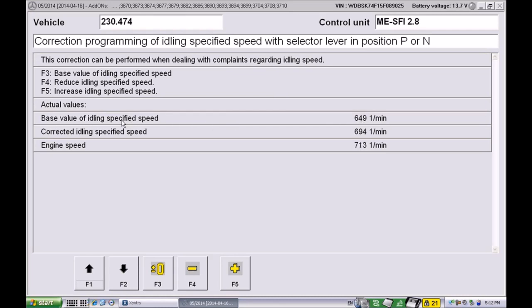And in this screen you can see the base value, that's the factory specified idle speed, and the corrected idling value that I've already dialed in my car. I've added 50 to the number, and with the buttons, with the F3, F4, F5, you can manipulate that number. F3 is going to reset it automatically to the factory default, and then with the plus and minus you can fine-tune that speed. The recommendation is to add 50 to the factory setting, and that will allow the 82mm throttle body